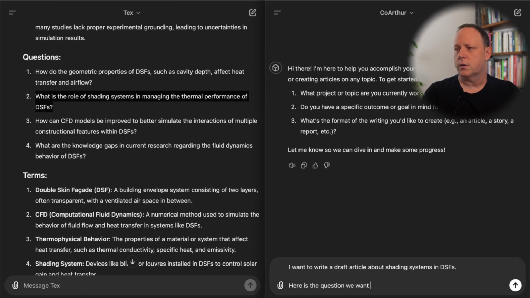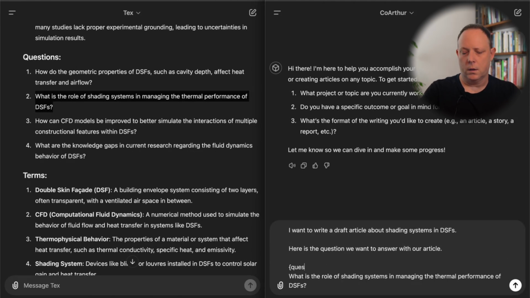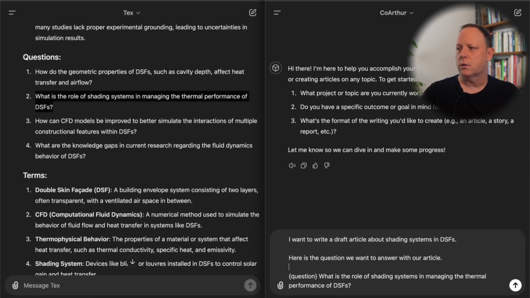Here is the question we want to answer with our article. And in this case, I am going to tag it as a question, okay? And that helps the AI know where things are in context. You don't always have to do this, and the AIs are getting better and better about not needing things like this, but this will help guide the assistant to the answers you want as you go through the prompting processes. Now, in addition to that,